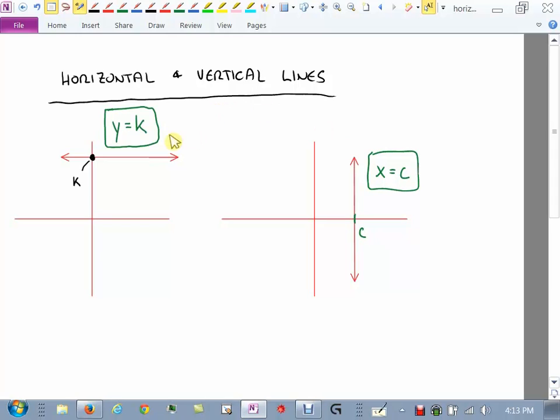So if you have an equation that has y in it and then some number and there's no x in there, then it's a horizontal line. If you have an equation that has x in it and a number and no y in the equation, then it is a vertical line. If they have both the x and the y and a number, then it's neither one of these, which means it has to have some sort of slope to it, which means it should have an x and a y-intercept. Make sense? Okay.